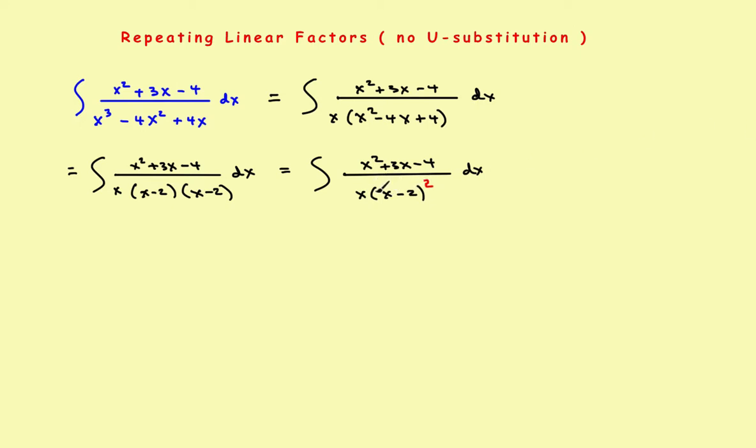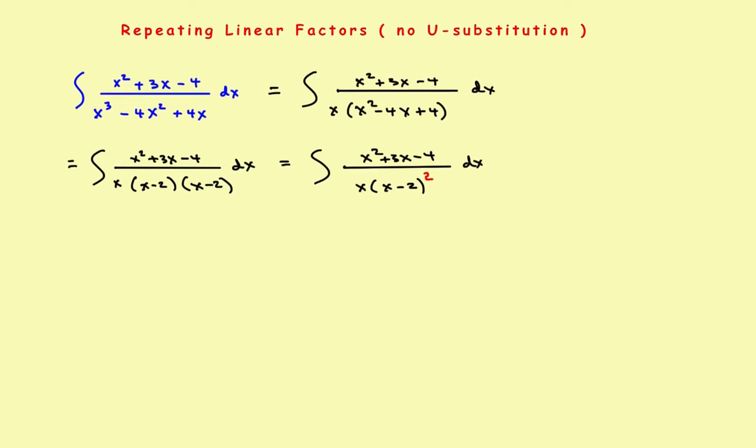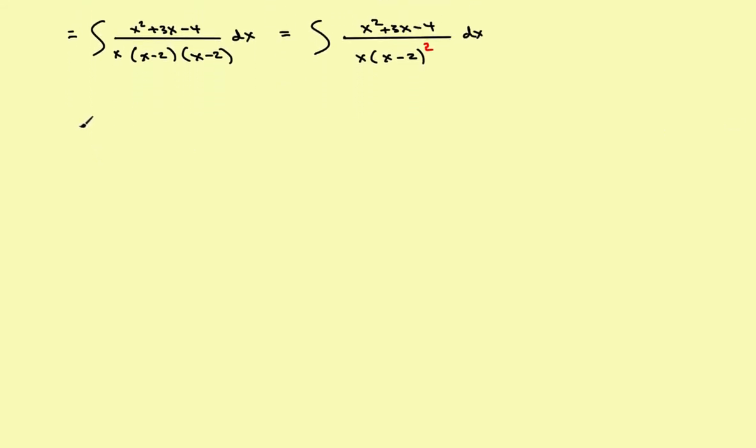Now the next step is to take this rational function and break it down into partial fractions. So let's see what that's going to look like. We'll scoot things up here just a little bit. Like we've done in the previous problems, let's rewrite this. We'll put our bar first, then in the numerator it's still x squared plus 3x minus 4. And in the denominator, now we've got x times (x minus 2), and again, it is squared. And this is all going to be equal to